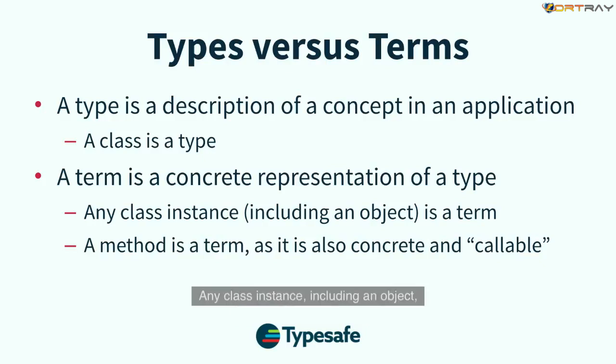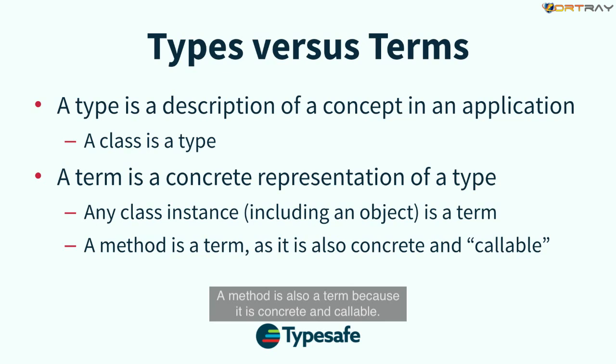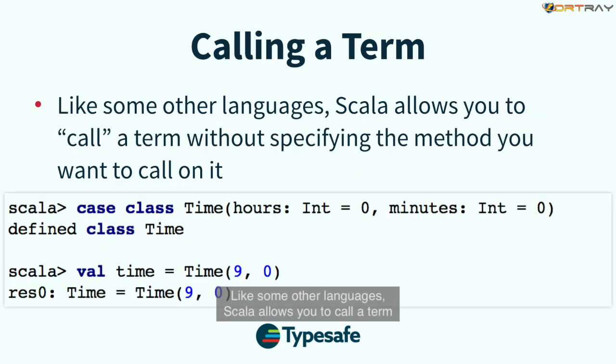Any class instance, including an object, is itself a term. A method is also a term because it is concrete and callable. Like some other languages, Scala allows you to call a term without specifying the method you want to call on it. So for example, we noticed in the earlier session that we could create a case class time instance without